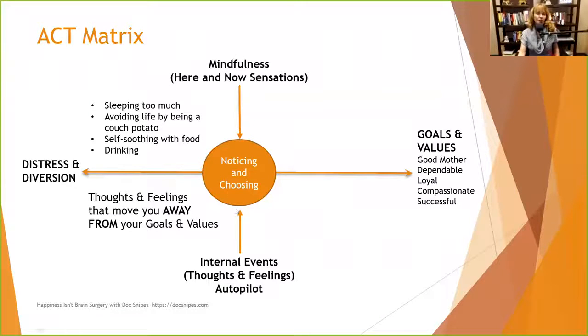So now we're going to talk about thoughts and feelings that move you away from your goals and values. Most people, I've never met anybody yet who's identified a goal and value of being depressed, anxious, and angry and irritable all the time. That's just not something that most people put on their goals and values. So that's generally what falls in here. When we're angry, now you can feel that feeling and choose something proactive to get you closer to your goals. Or you can choose that feeling and you can choose something reactive, getting revenge or escaping from it, that doesn't get you closer to your goals.